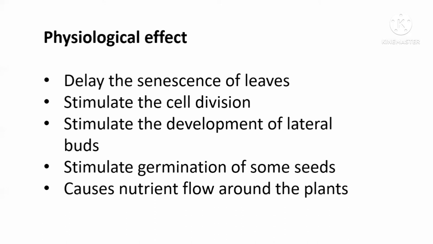For example, if you look at an oak tree in the autumn season, you will see that leaves become yellow in color, red in color, and orange in color, and after that the shedding of the leaf takes place. So this is the senescence, not the shedding, the yellowing, and that part is called senescence. It's kind of an aging process.